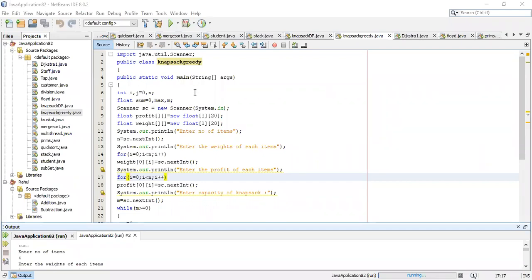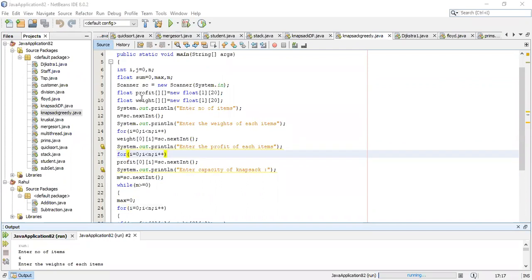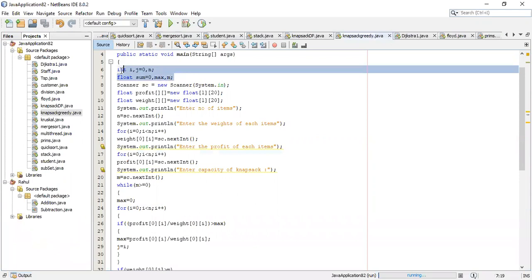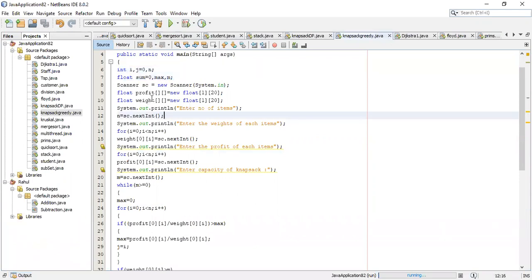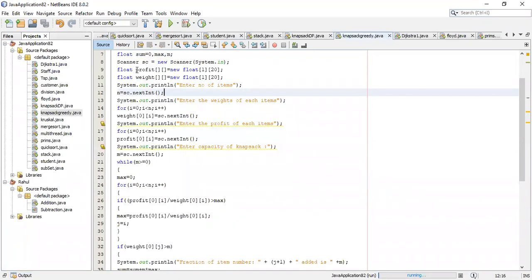Let me explain here only. The first line in this program has a class called knapsack greedy method. Here it has a main program, with three variables i, j and n, and floating point variables sum, max and m. I'll tell you the advantage of using these variables when each is used. To hold my items' profit and weight, I have declared two arrays.